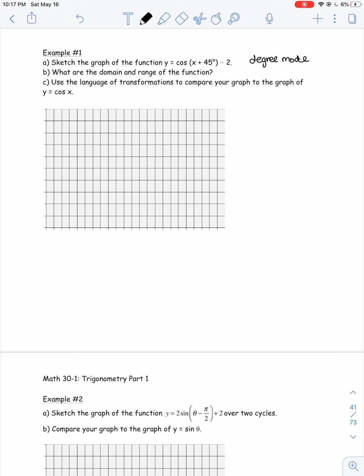So you also want to change your window. I'll show you what window you want to have. If we're talking about degrees, we would go from 0 to 360. I'll go slightly higher than that so it doesn't cut it off, so I'll go up to 400. And then for your scale, I would go up by, in this case, maybe every 45 degrees. So I'm using the horizontal translation as a hint of what my scale would be. So for X, I'm going from 0 to 400 degrees, going up by 45. And then for Y,